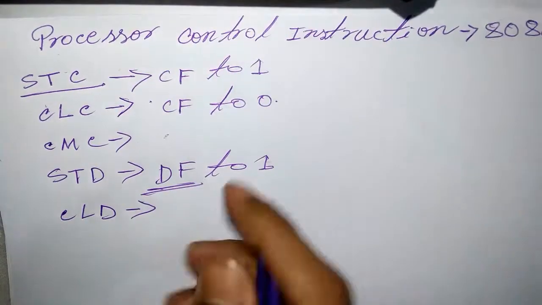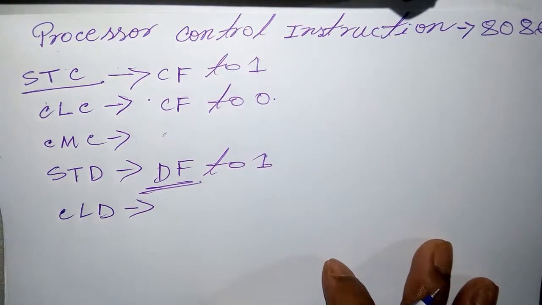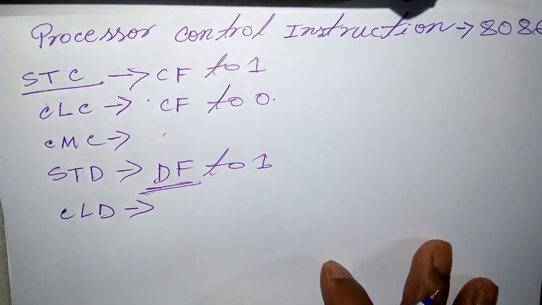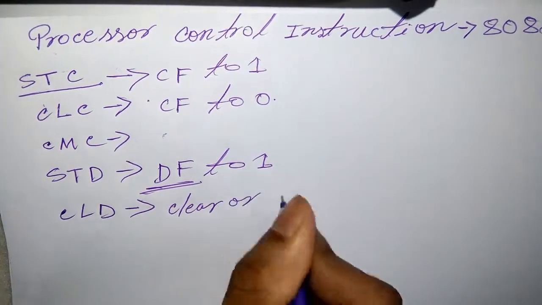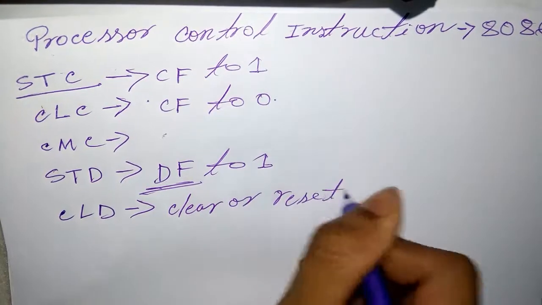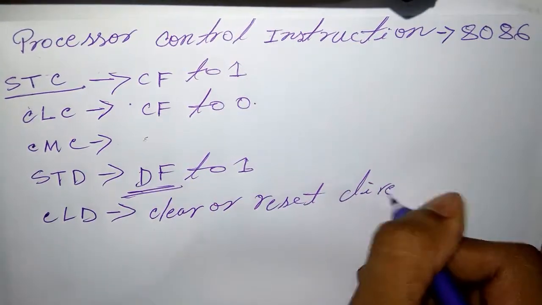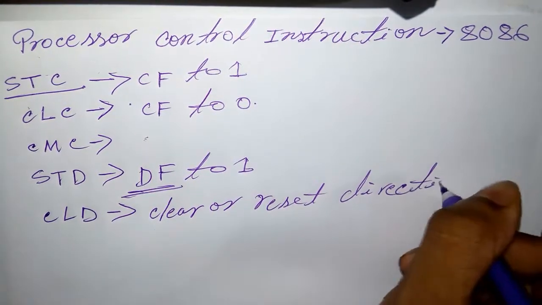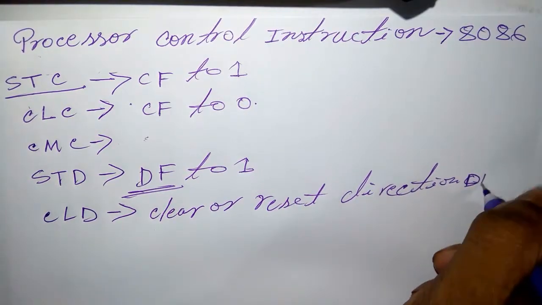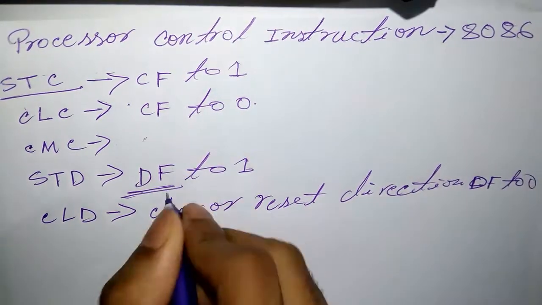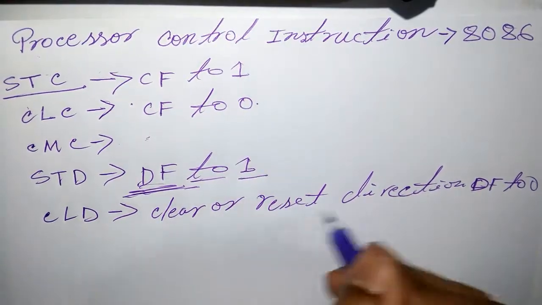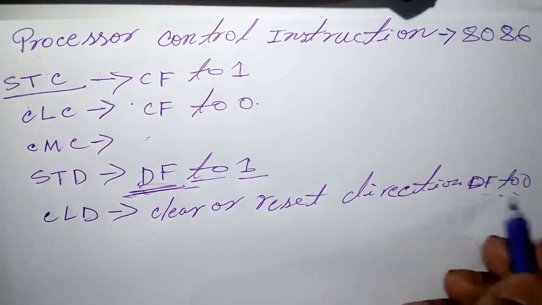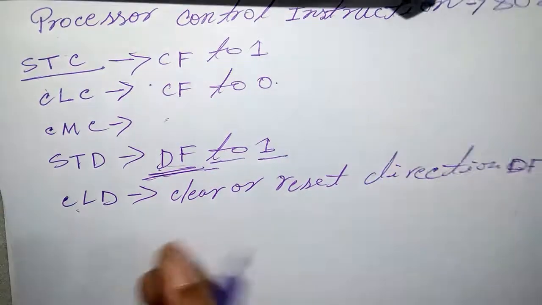CLD. This instruction is mainly used to clear or reset the direction flag DF to 0. This one, STD, sets the direction flag to 1, and this one, CLD, sets the direction flag to 0. Mind it, that is what CLD means. And the next one is